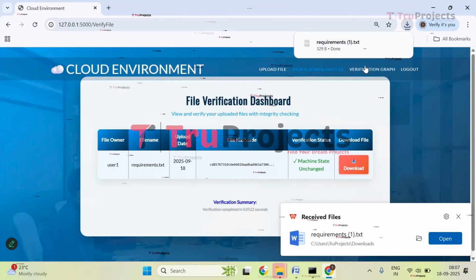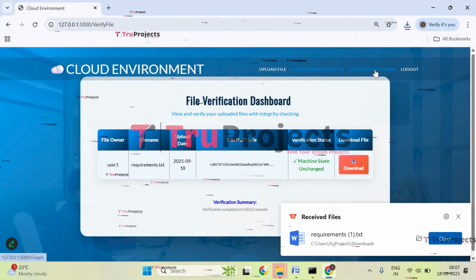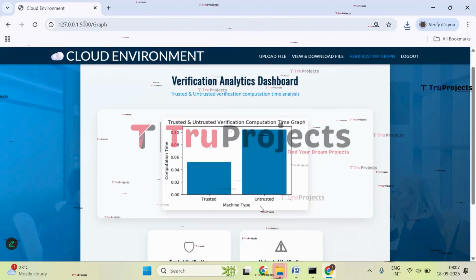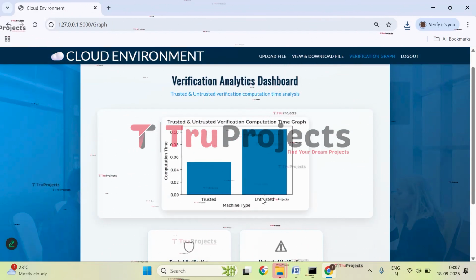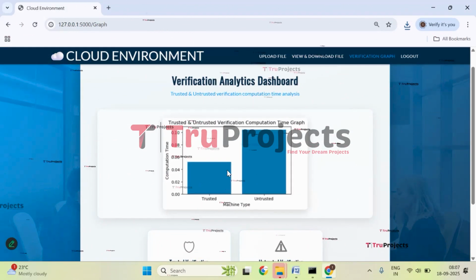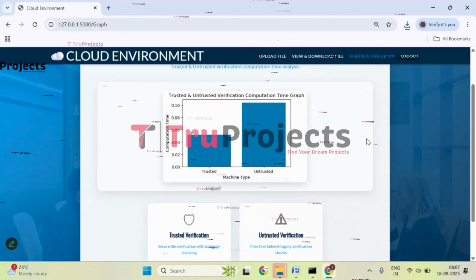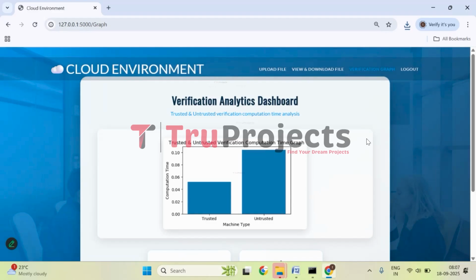Here, if you observe, the file has been downloaded. Now click on verification graph. So here, if you observe, on the x-axis we have matching type and on the y-axis we have the computation graph. This is the trusted and this is the untrusted computation graph. Now click on log out